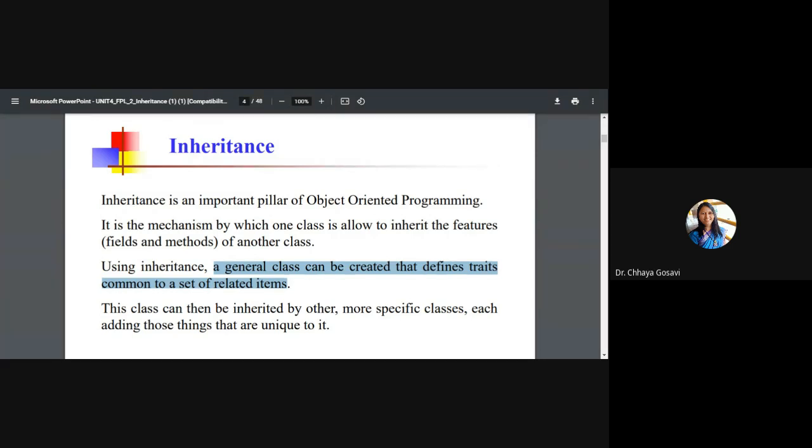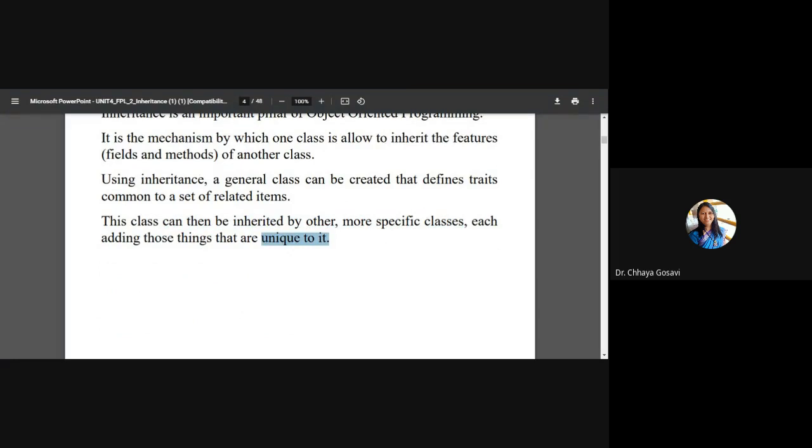Vehicle is a very general term and you can create specific classes like car, two-wheeler or bus, which are inherited from the vehicle class. This general class can be inherited by other more specific classes, each adding those things that are unique to it.